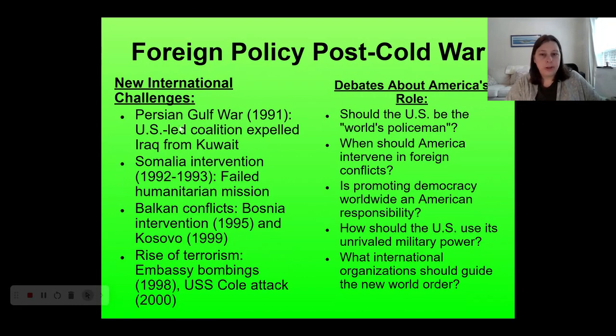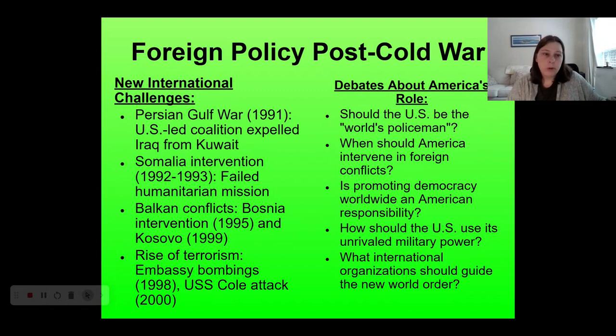I think the most significant at the top here is what's usually called the First Persian Gulf War. This is the United States' first war in the Middle East. It's fought in basically the same region where we are going to fight the Iraq War about 12, 13 years after this. So sometimes it's also called the First Iraq War, but Persian Gulf War is most common. This is basically the first war the United States has fought since World War II that is not about communism in some way, shape, or form. It's not a proxy war.